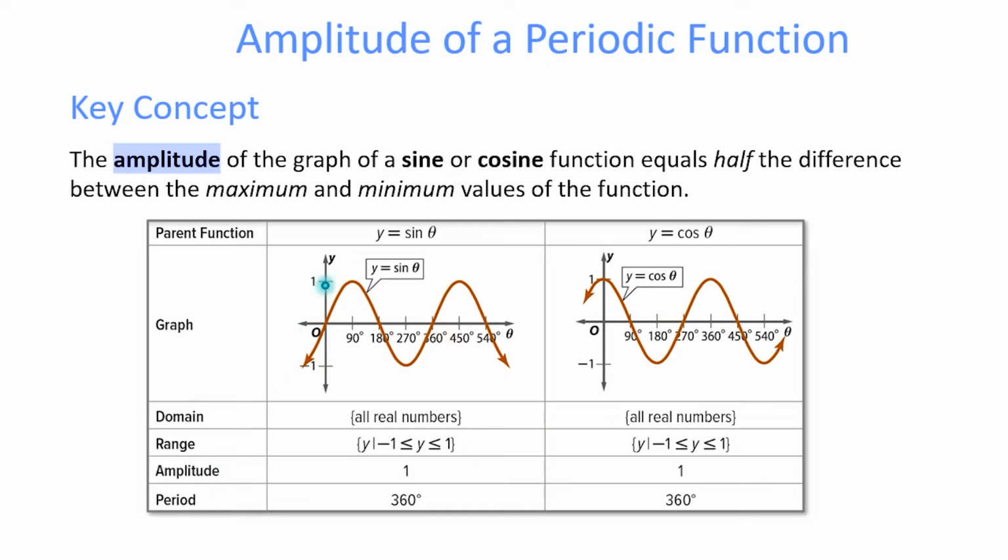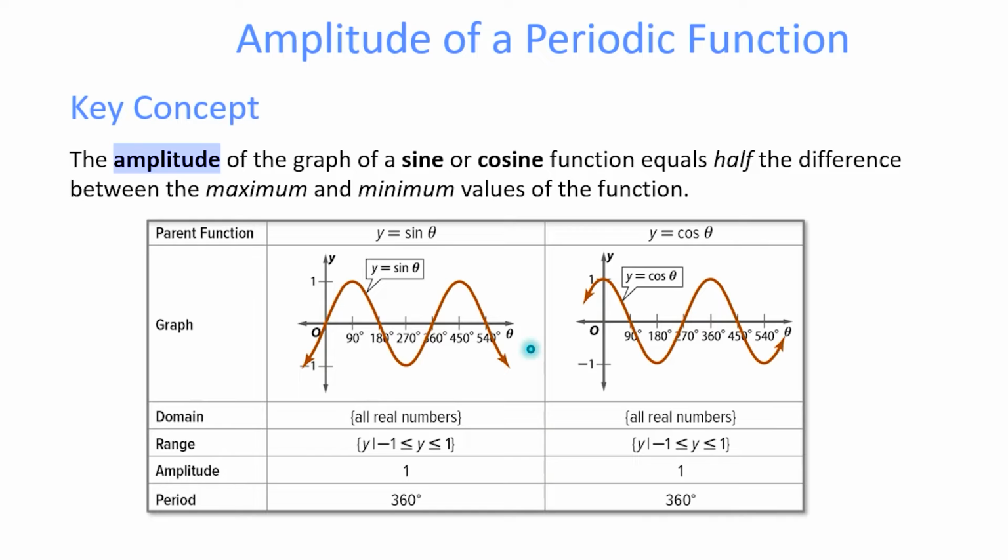First of all, we have the function y equals sine theta. It starts from 0, goes up to +1, down to -1, and back up to 0 in 360 degrees. Therefore, the period is 360 degrees, and the amplitude is 1, +1 and -1, which makes the range y values between -1 and +1, and the domain is all of the real numbers, in this case, values of the